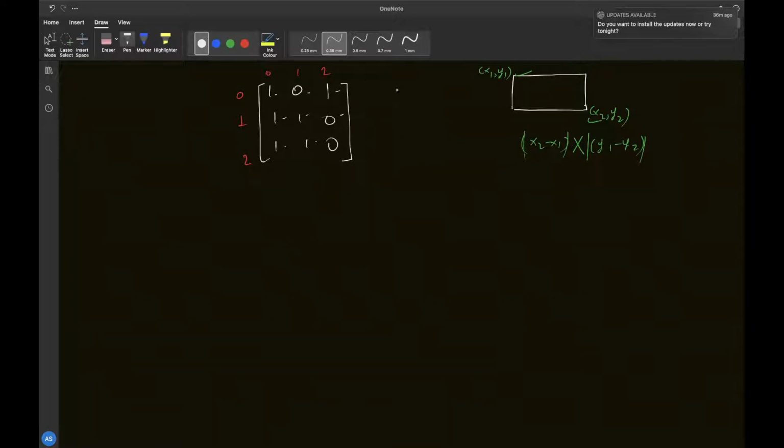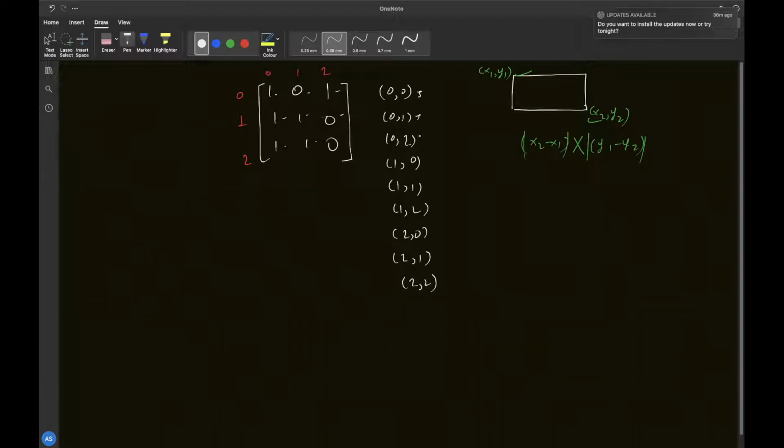So 0,1, 0,2, 1,0, 1,1, 1,2, likewise 2,0, 2,1 and 2,2, right? So these are the total number of elements that we will fix as a top left corner, right? So once we have fixed a top left corner,